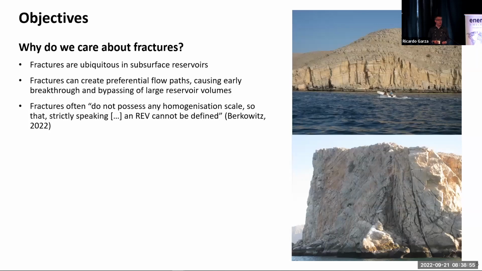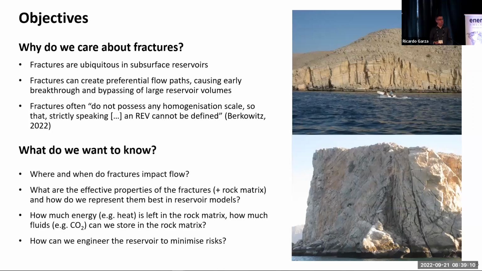So strictly speaking, REV cannot be defined. If we build reservoir models, we always assume that we can homogenize, we can average out properties at the scale of a reservoir grid block, which is really difficult to do in the situation of fractured reservoirs. So the things we want to know if we deal with fractured reservoirs is where and when do fractures impact